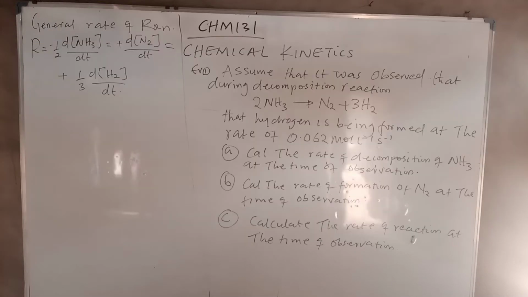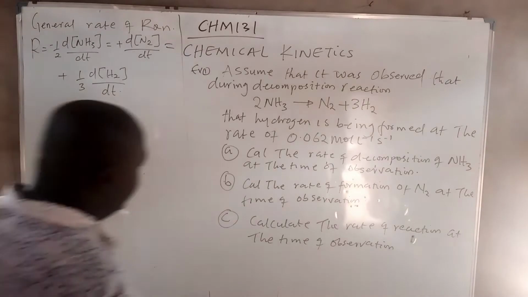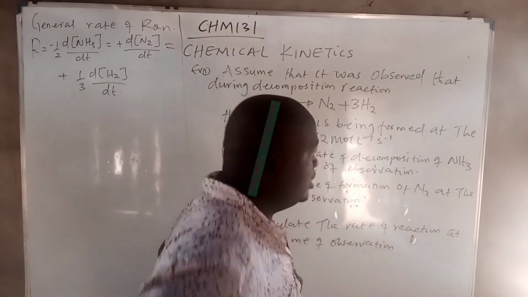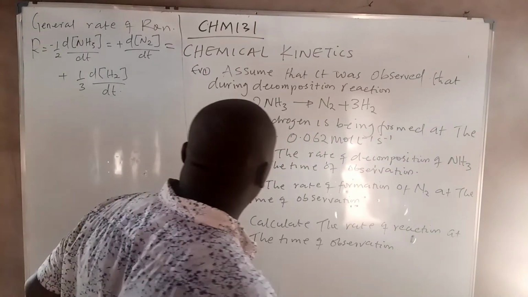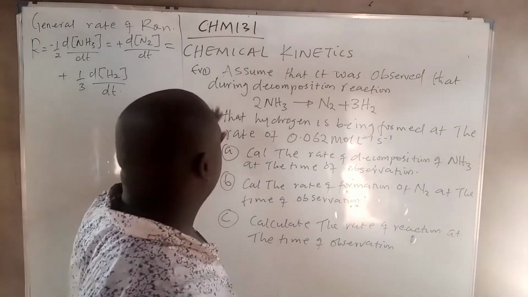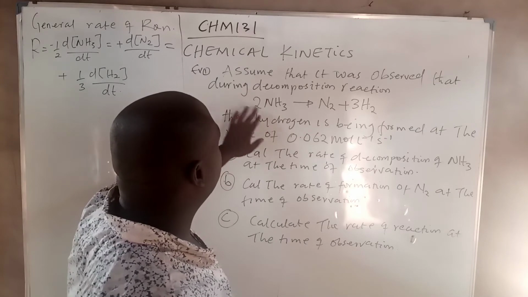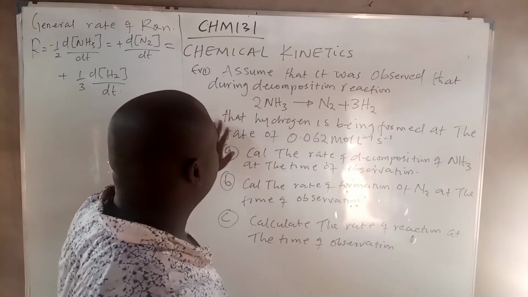Welcome. Let's go. Example number 1. This is part 3 of the video on chemical kinetics. We'll be dealing with various calculations under what we have been doing so far. Practical examples. Now, you have this question, and they gave you this equation, and you can see that hydrogen is